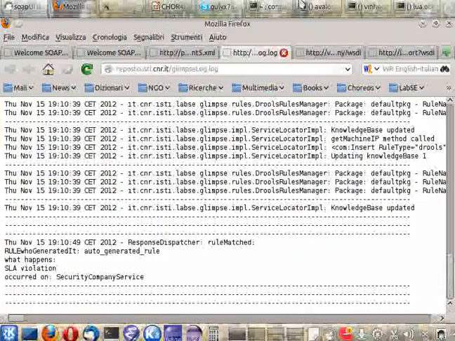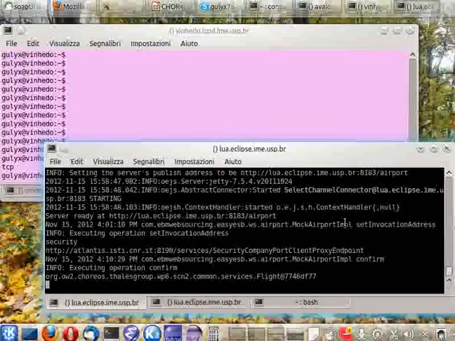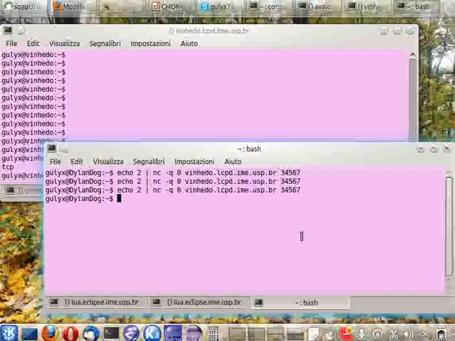So the first step we have to do is to activate the load knob, for example on Vigneto, the machine hosting the security service. Okay.